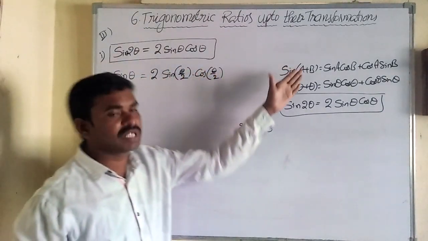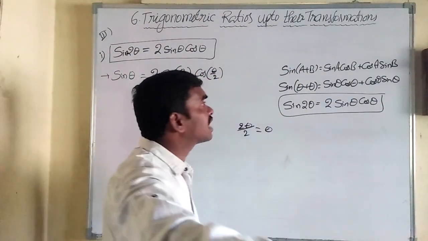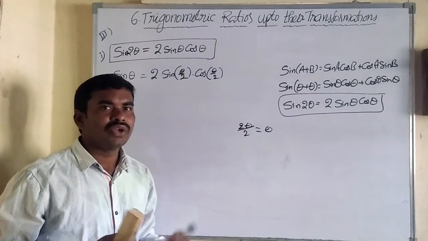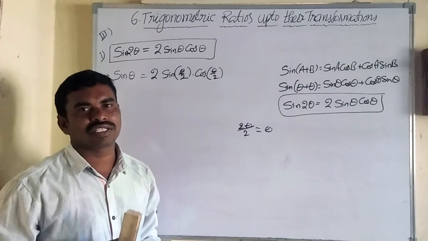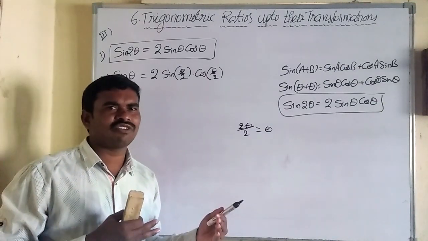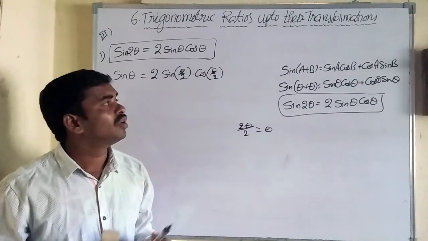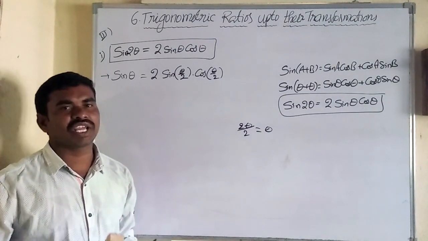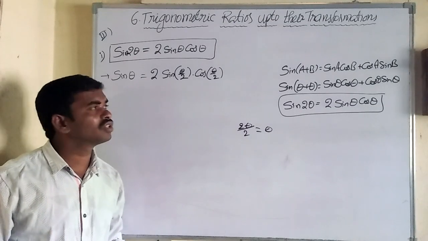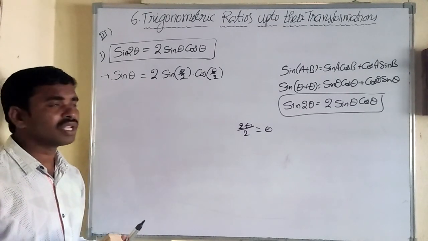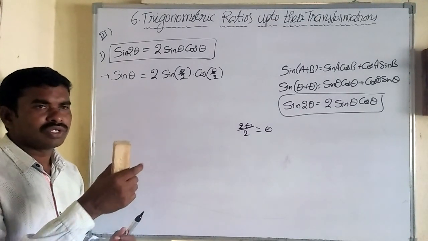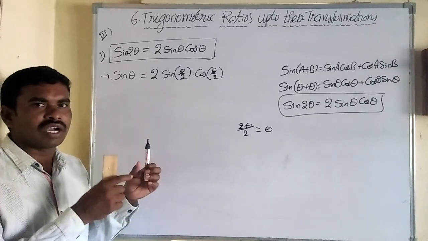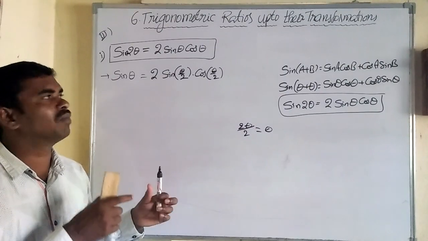If you do like this, whenever you have free time, you can automatically remember the formulas. If you learn the formulas blindly by heart, there is a chance to forget or a chance to make some mistakes. So without mistakes, without any problems, just try to derive the formulas in your own way by using one specific, fixed formula.